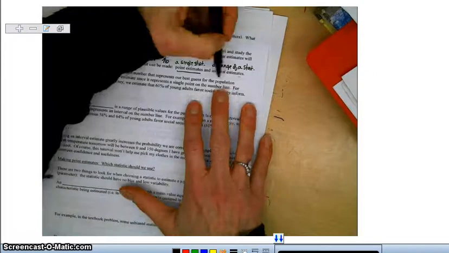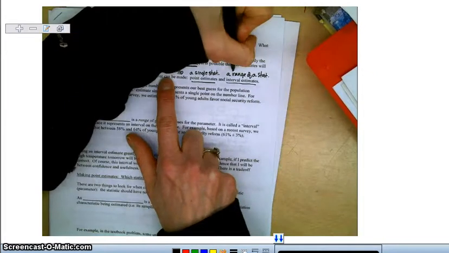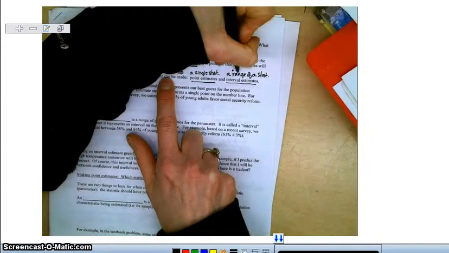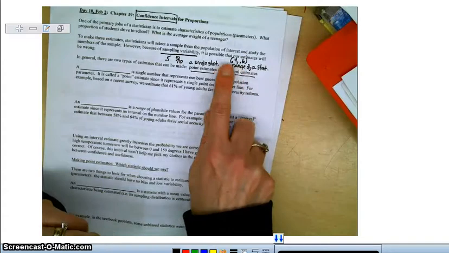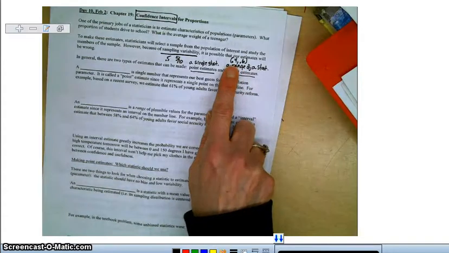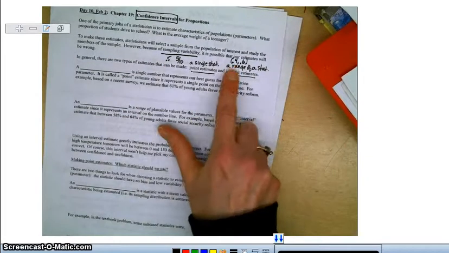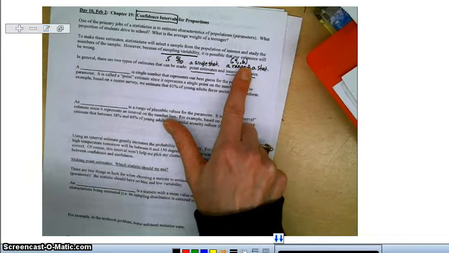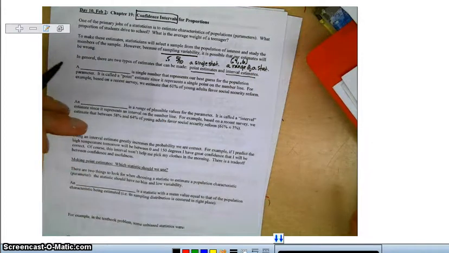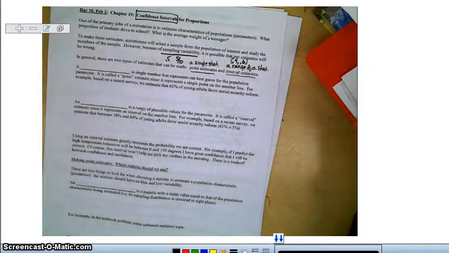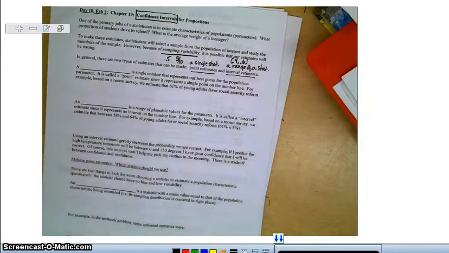So a range, an interval estimate, would be something centered around 1/2, say maybe 0.4 to 0.6. And this is not an ordered pair, this is interval notation from math. Instead of just saying 50% of people eat at McDonald's, I'm going to say between 40 and 60% of people eat at McDonald's. Do you suppose that if I say between 40 and 60% of people eat at McDonald's that I've actually captured the true number of people that do? It's more likely that I've captured it compared to just saying 50%.